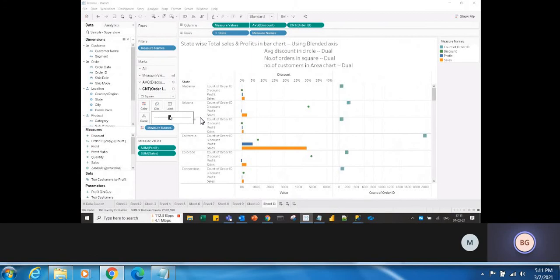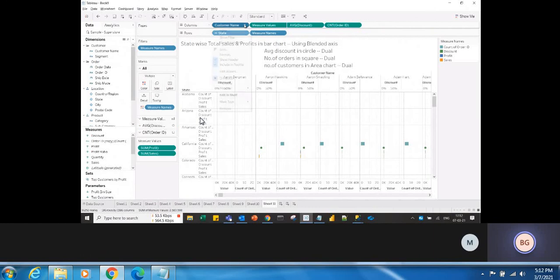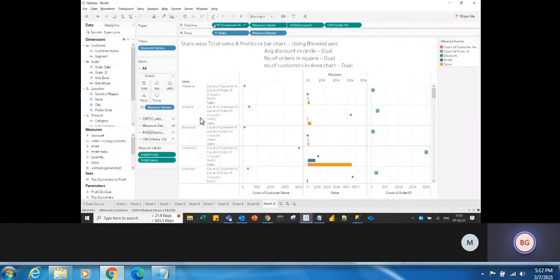Next I want to create the number of customers in the form of an area chart, right? So how to create the number of customers? Drag the customer name and change that to count. Put it at the end.